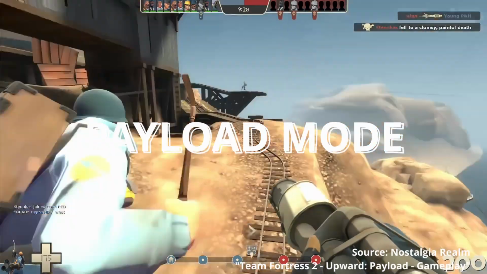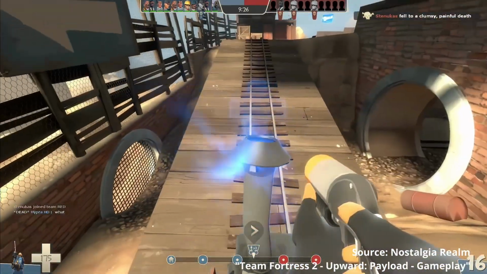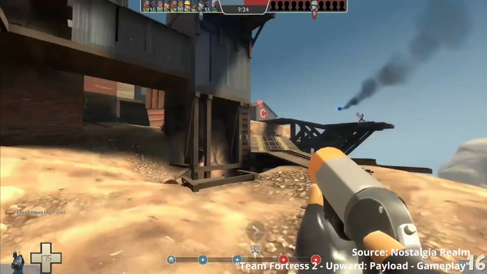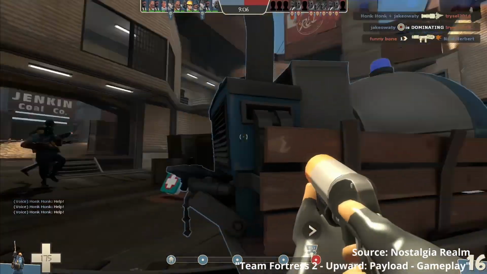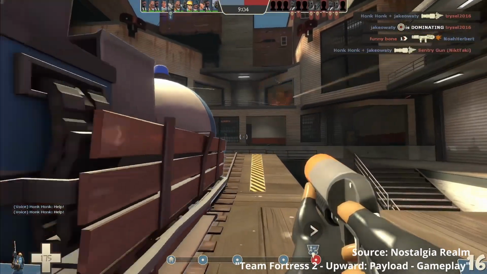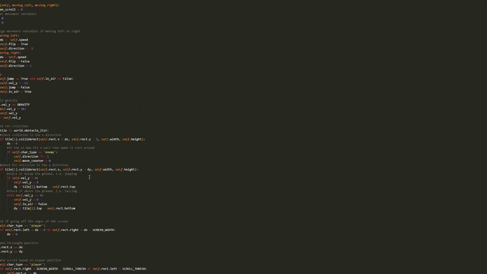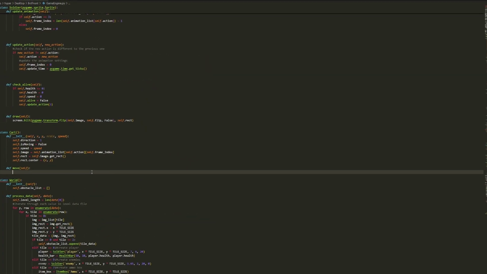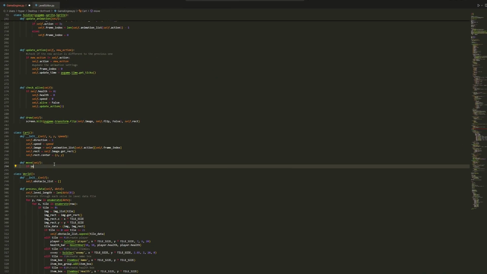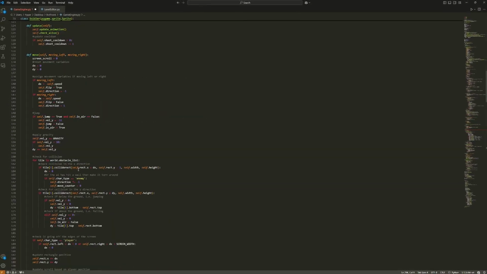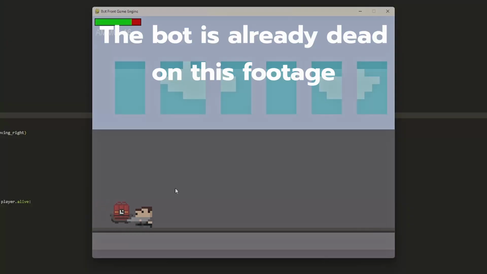So having almost every feature done, the next step is to add the card to the game. Basically, I'm just copying Team Fortress 2 Payload Mode. In this mode, you need to move the card to the enemy's base, and whoever moves the card to their base first, they win. So I made a new class called Card very originally, and started working on trigger activation and moving around the map and checking the coordinates to know when to stop the round. After that, I just need to slightly change the AI and make the bot move to the card and push it if it doesn't see the player.